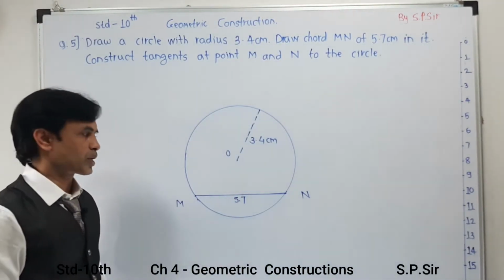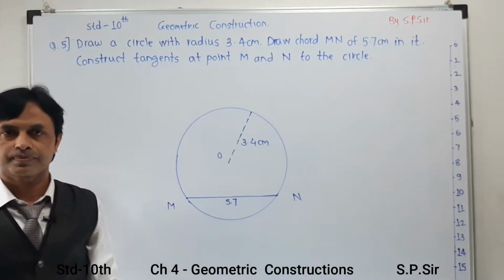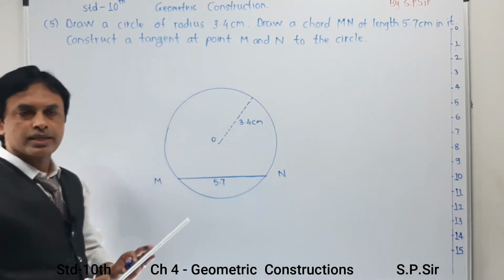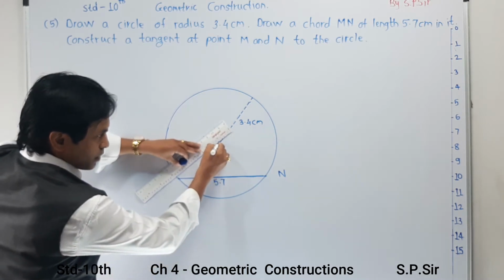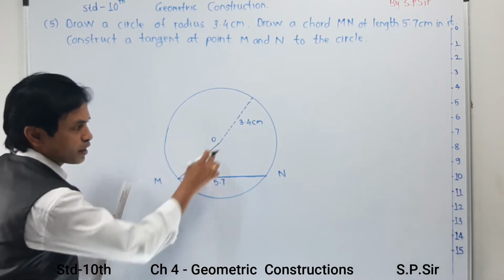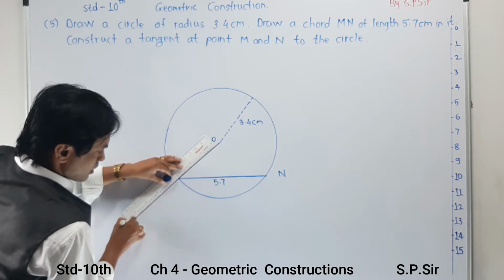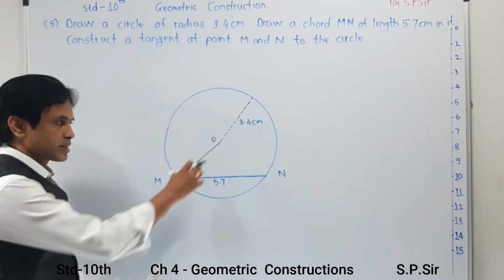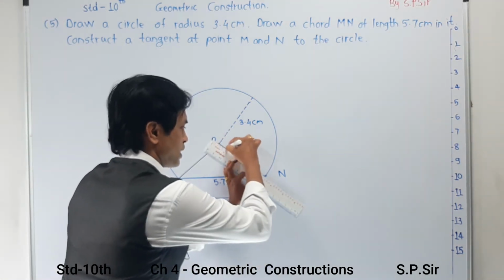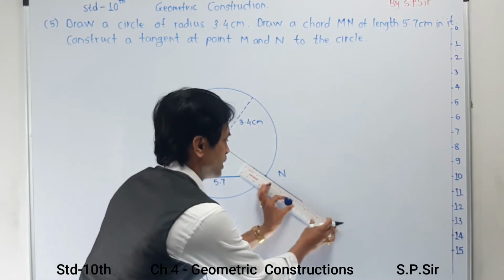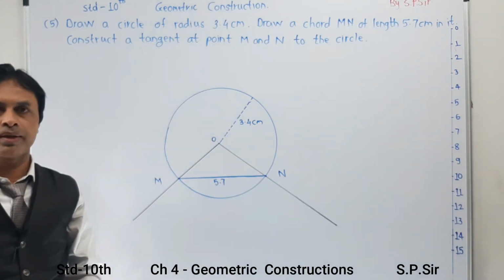Now you have to draw two tangents. One tangent is at M and the second tangent is at N. Here MN is 5.7 centimeter, and you have to join the center of the circle and M. So I join it as the first step of the construction, and don't simply draw the radius, extend it outside. In this way you make a larger distance as per your paper size. Draw it for ON also. ON is a radius, extend it outside. In this way your structure will be available.